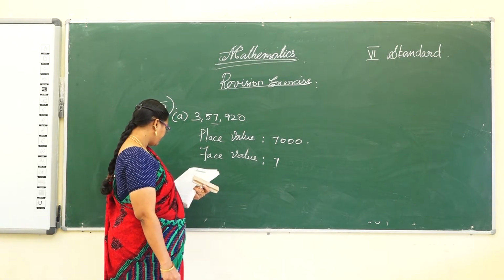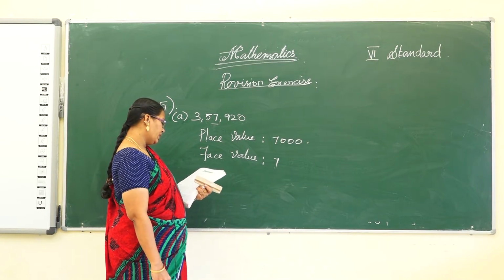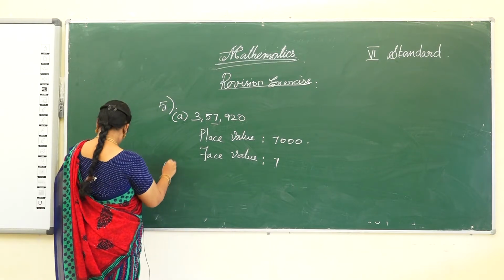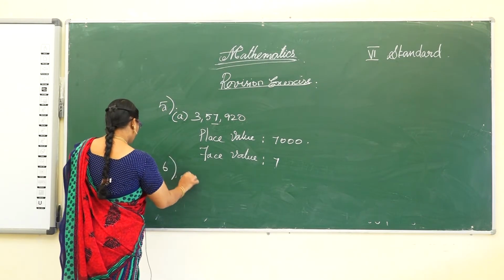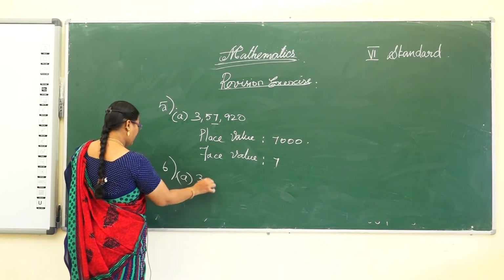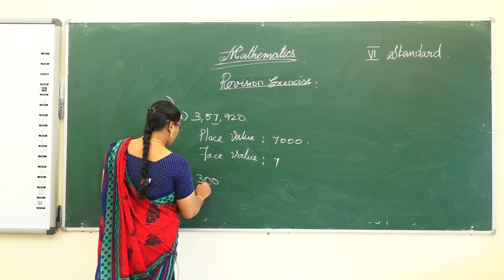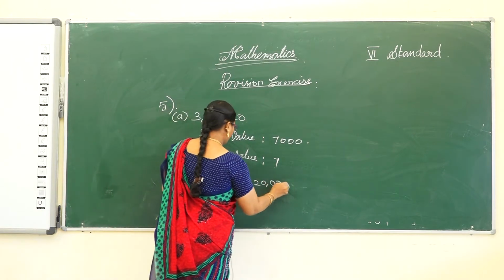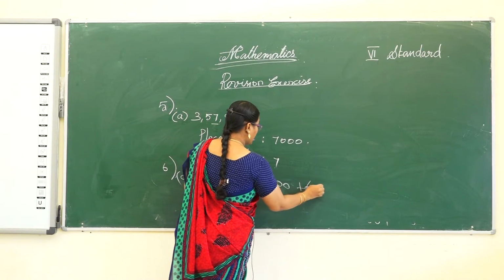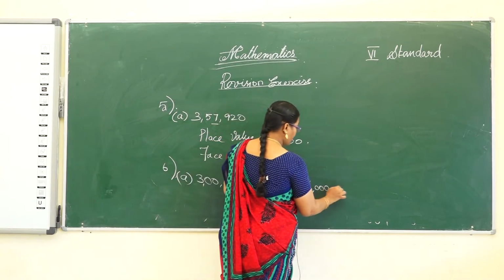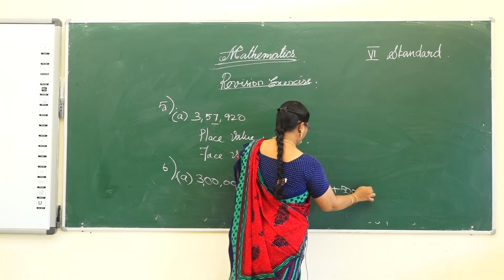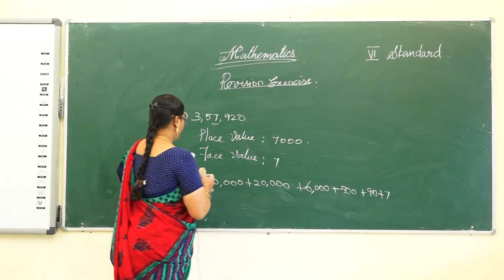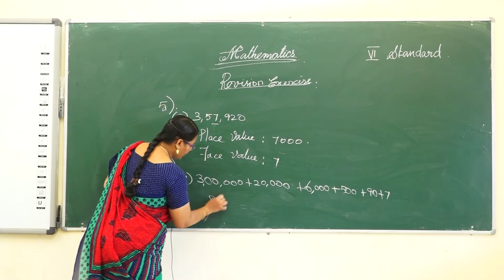And next one, write the standard numerical form for the following numbers. Sixth one. So standard form. How do you write the standard form? Here the expanded form is given. First one is 3,20,000 plus 6,000 plus 500 plus 90 plus 7. So the standard form